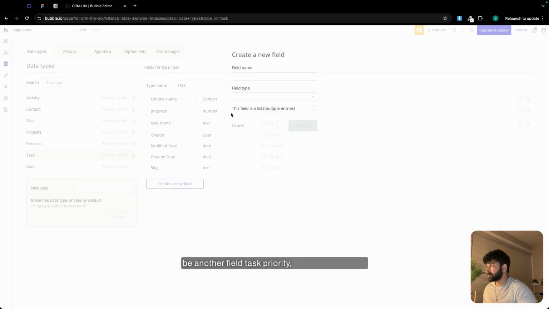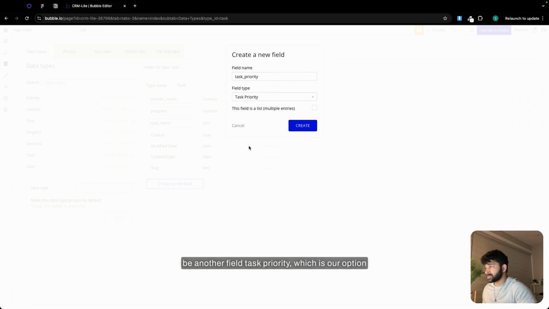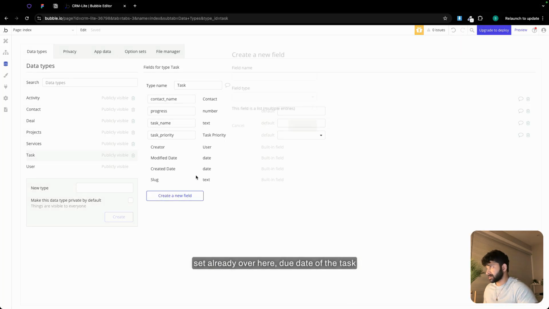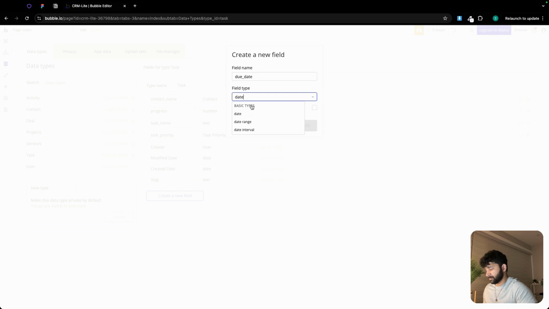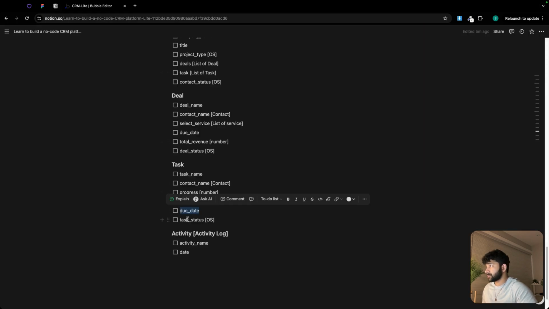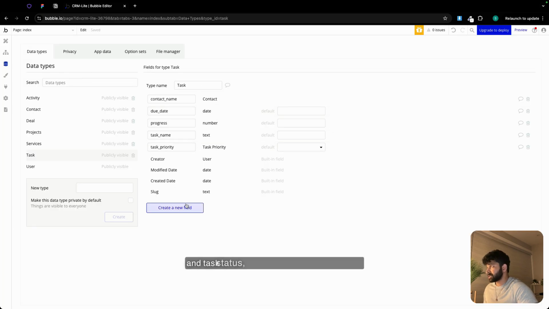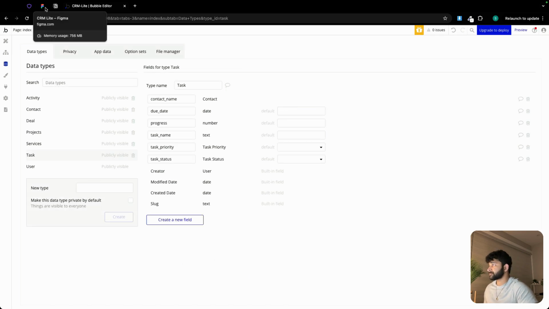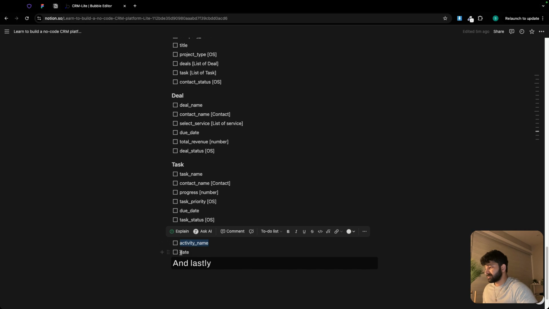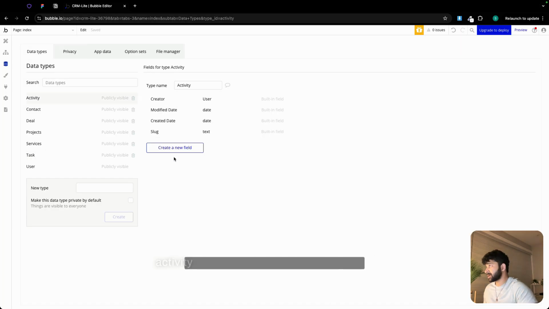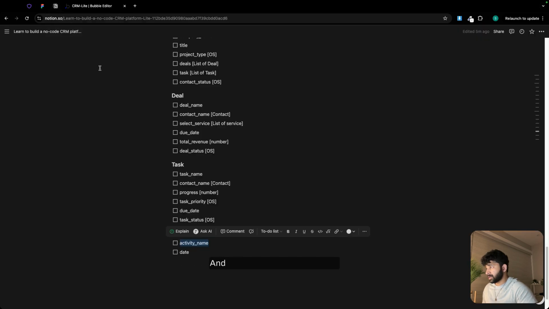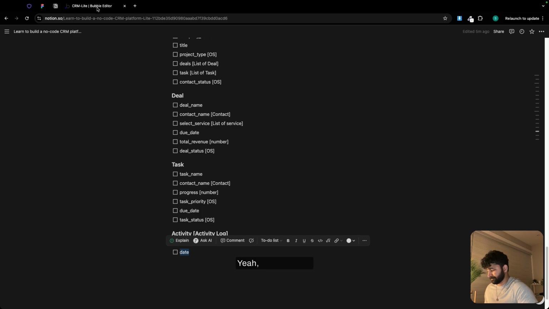Task priority, which is our option set already over here, due date of the task, and task status, which is again our option set. And lastly, we have activity log, for which we need just activity name, which is going to be a text field. And I think the last one was date. Yeah,